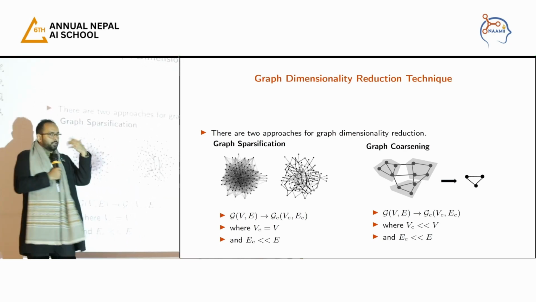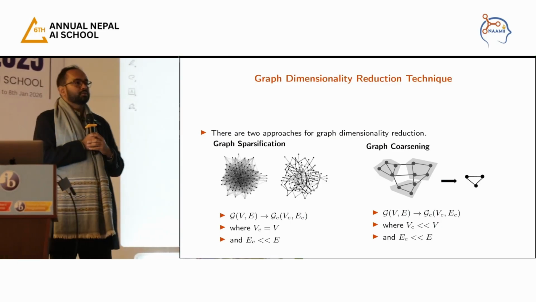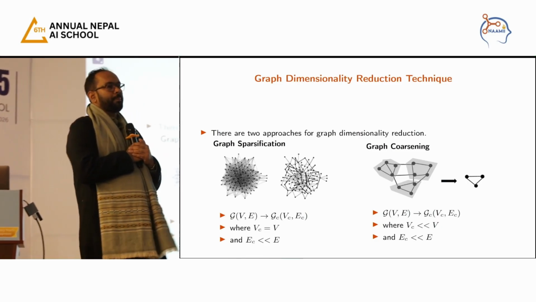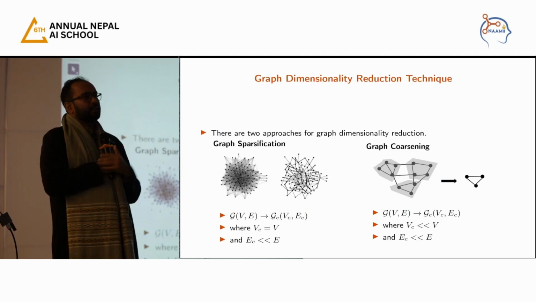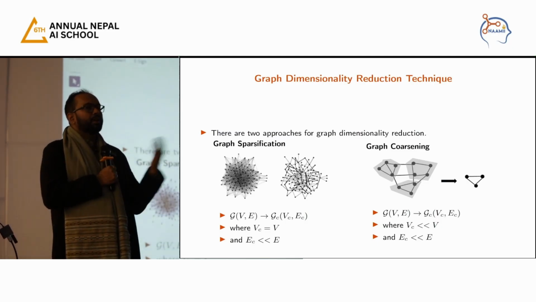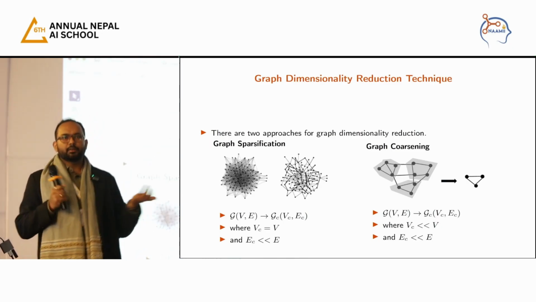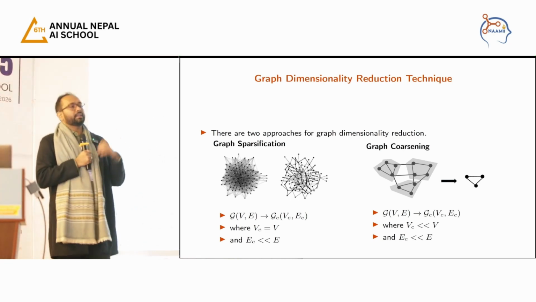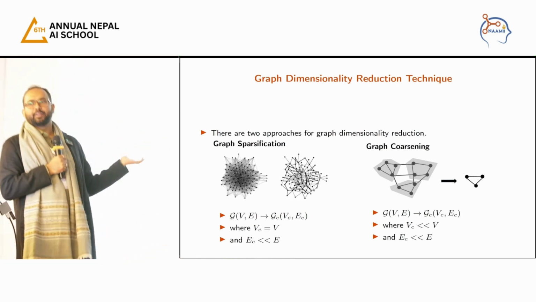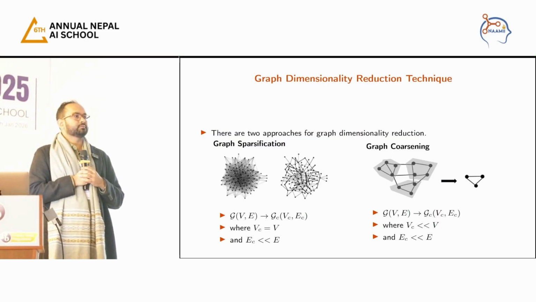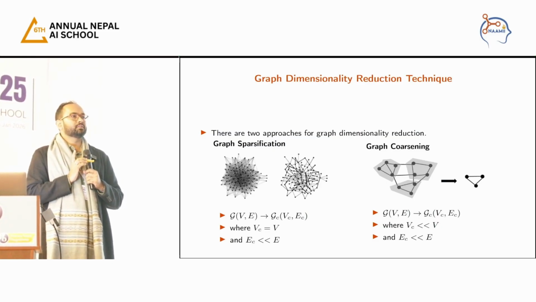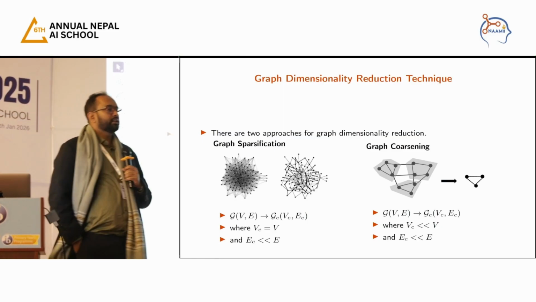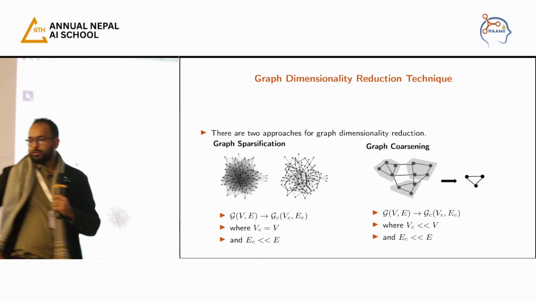So in regular ML, or in the Euclidean space also, you must have heard of dimensionality reduction. How many dimensionality reduction techniques are you aware of? Just name a few. PCA, something else? Low rank matrix factorization. These are all examples of dimensionality reduction. But do we have something for graph data? Or can we directly utilize existing dimensionality reduction techniques for graph data? Any answer? No? Yes? Why can we not apply existing Euclidean space dimensionality reduction techniques for graph data? So with graph, what you have,